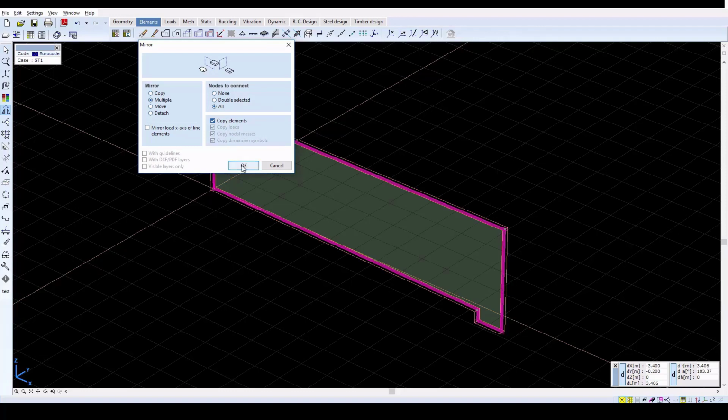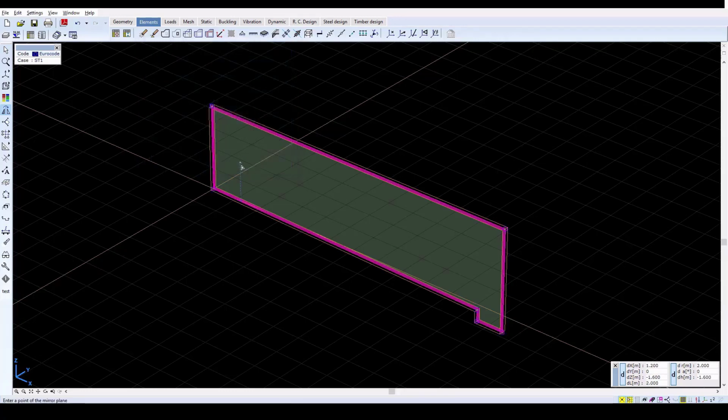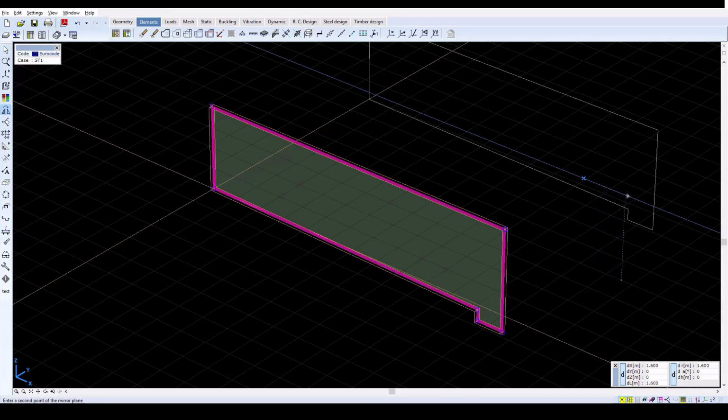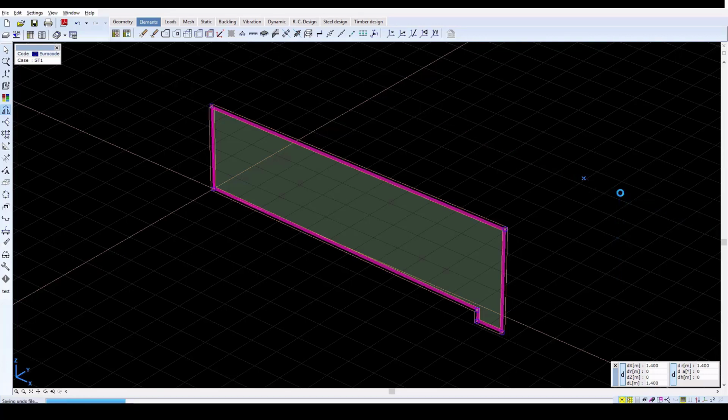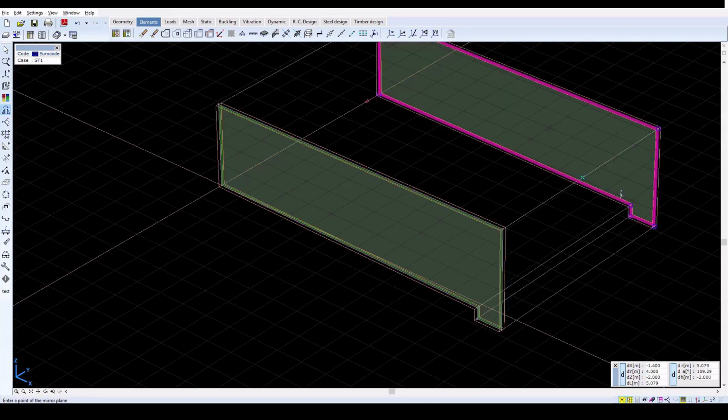After clicking OK, define the mirror plane with 2 points by setting the following 2 points. X equals 12, Y equals 4, Z equals 0. And then define the point X equals 1, Y equals 0, Z equals 0. Press Escape to finish.